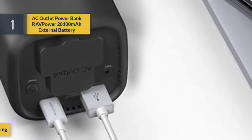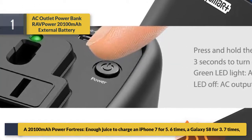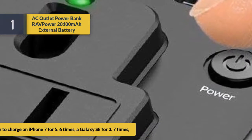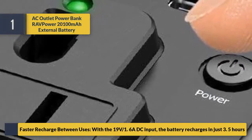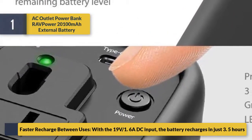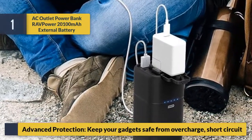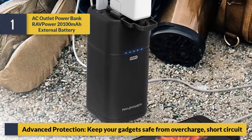A 20100 mAh Power Fortress. Enough juice to charge an iPhone 7 for 5.6 times, a Galaxy S8 for 3.7 times. Faster recharge between uses, with a 19V/1.6A DC input, the battery recharges in just 3.5 hours. Advanced protection keeps your gadgets safe from overcharge, short circuit,